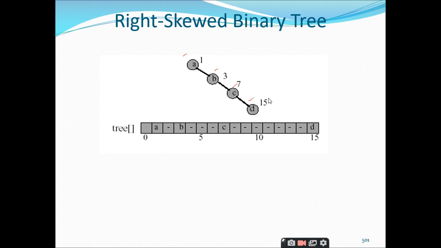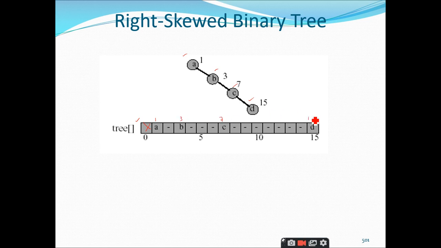And if you want to represent this using arrays, this is how I get it. The 0th index is not considered. Why? Because the node numbering starts with 1 for the root. So you forget about the 0th index, and this is the first index, this is the third index, this is the 7th,